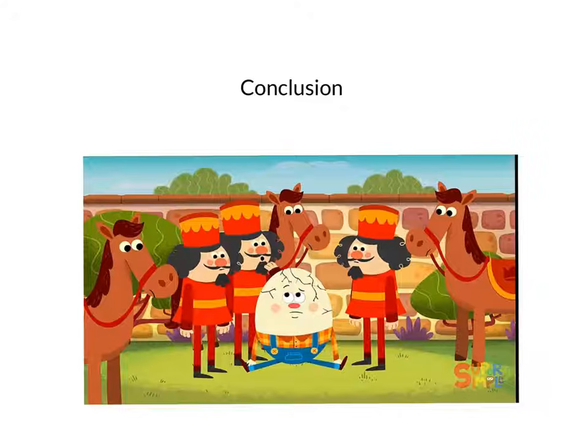The end of the story gives us a conclusion. The conclusion of this story is that the king's horses and men were unable to put Humpty back together. With the consequences of him falling off the wall, he had to come to terms with not being able to be put together again.